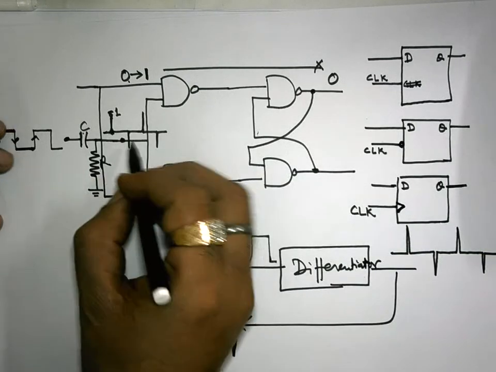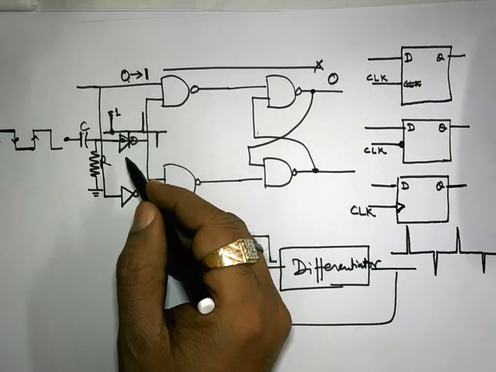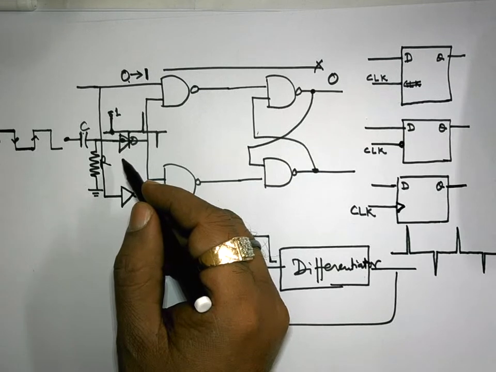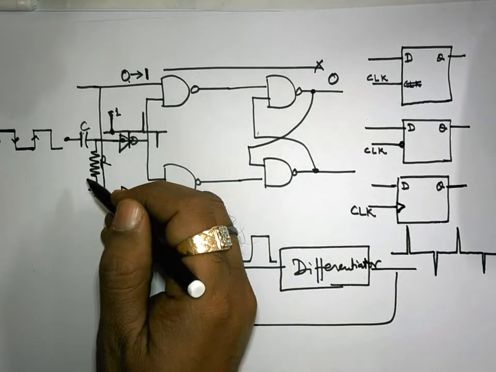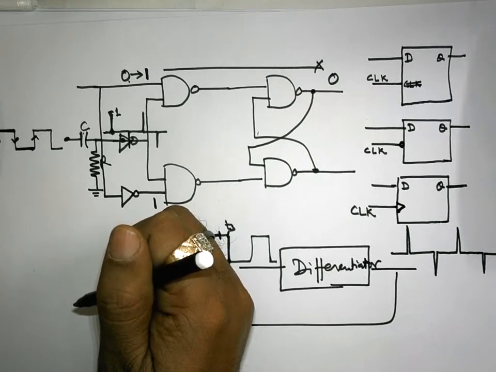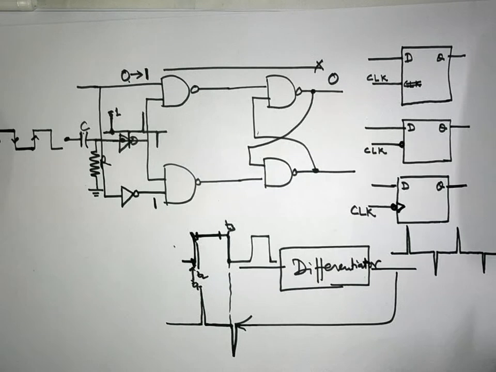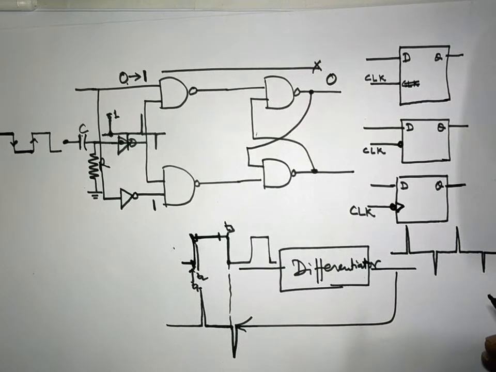Now suppose I insert an inverter in this circuit. Naturally the negative edge will become positive and the positive edge will become negative. So it is going to make a change at the negative edge now. Getting my point? This is shown by a bubble over here. This is the symbol of negative edge triggered D flip flop. Now what is the benefit of this edge triggering? You will come to know when you study your JK flip flop.